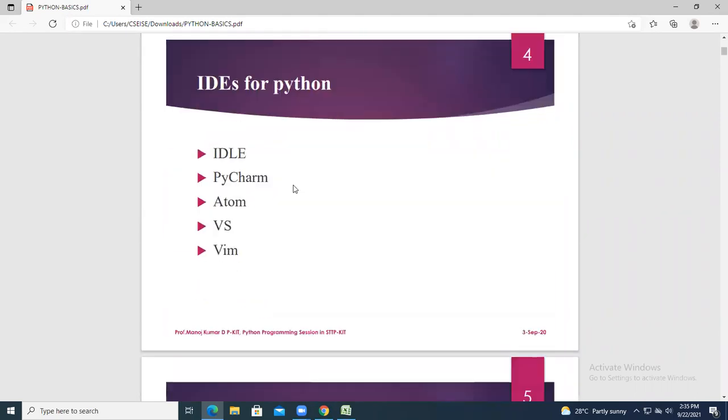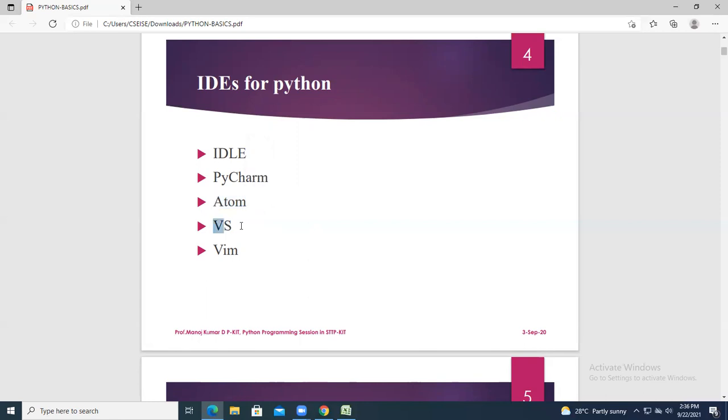Now we come to the IDE. IDE means where you type and run your Python programs or projects. The first one, we are going to execute the Python program in IDLE. The next software is PyCharm. The other one is Atom, a text editor supported for web pages, which will also run Python files.